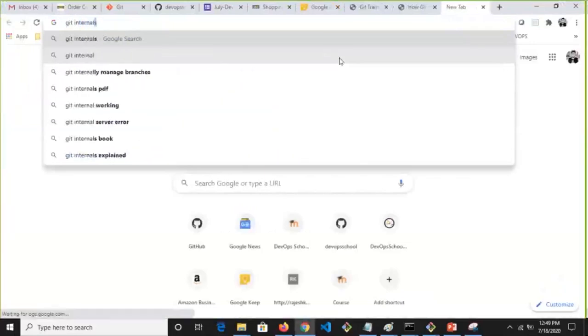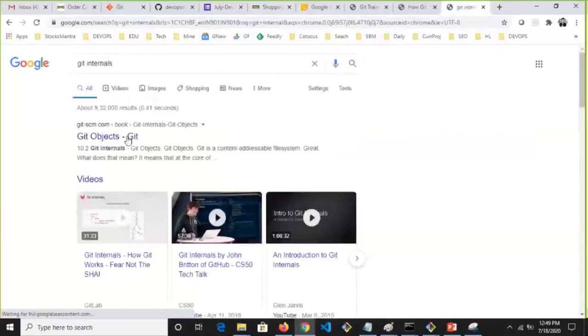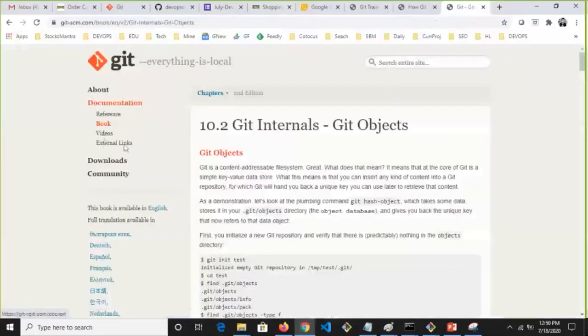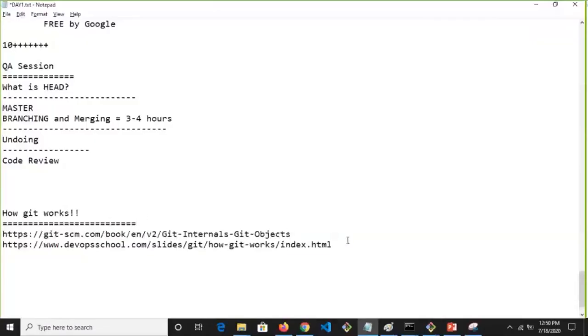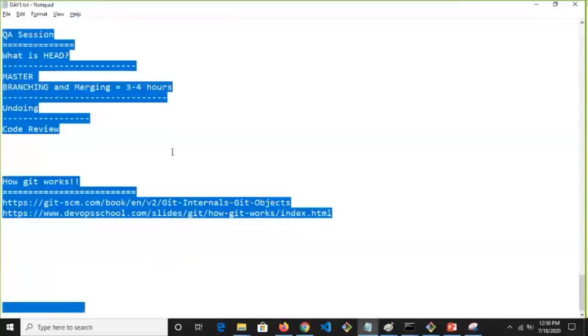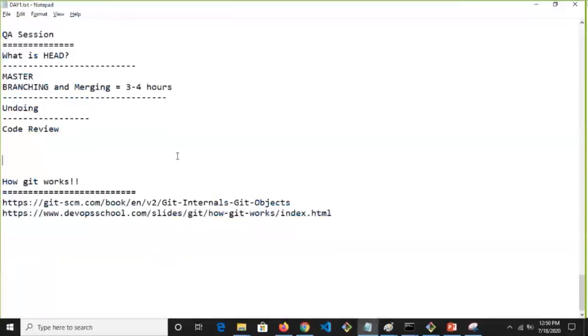I'm sharing two URLs with you, please spend some time on them. This one is mine and this one is from the Git community. I'll put the notes in the GitHub.